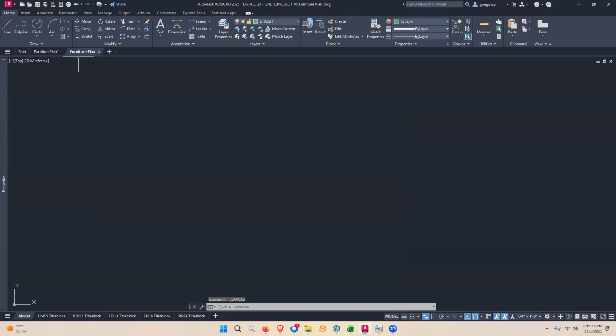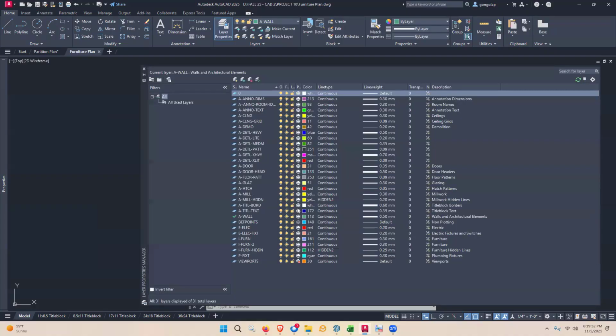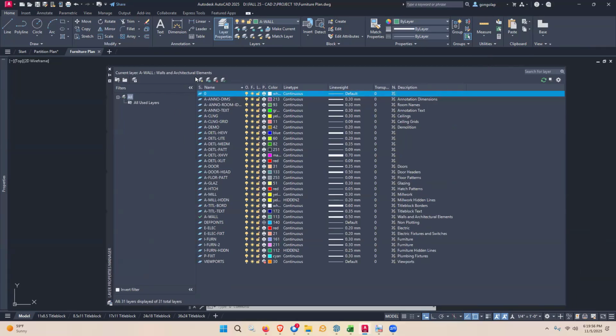Okay, so I have my furniture plan, and I am going to bring in the partition plan into my drawing. So the first thing I want to do is create a new layer for the partition plan to come in on. So let me open up my layer palette here. And I'm going to call this